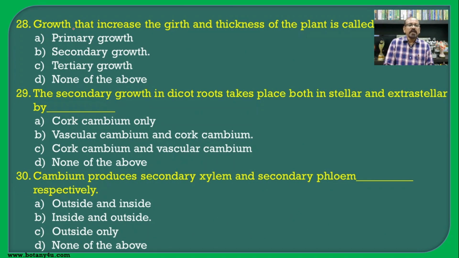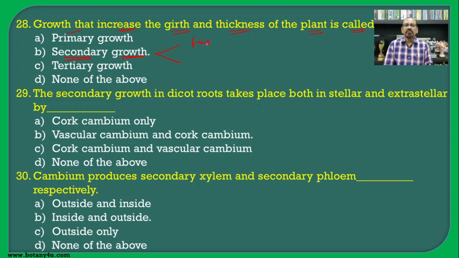Then the growth that increases the girth and thickness of the plant is known as... So this type of growth, which is carried out commonly in the dicotyledons, is known as secondary growth. As we have seen earlier, the secondary growth is carried out in the stellar region by the activity